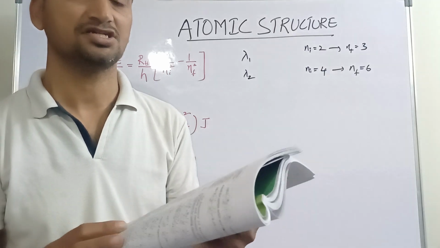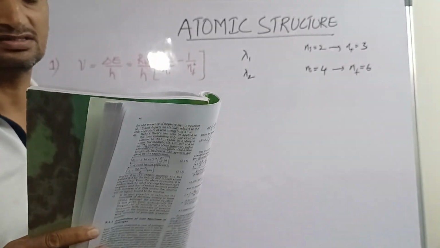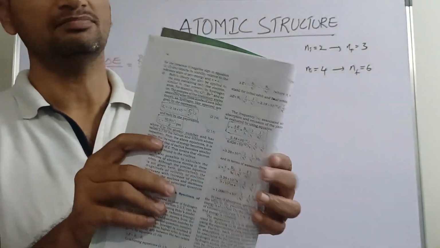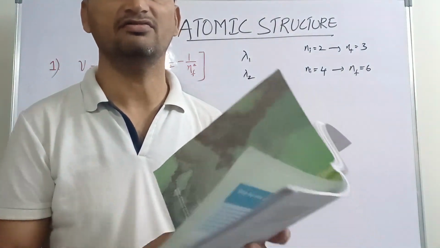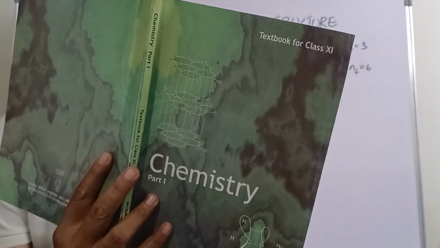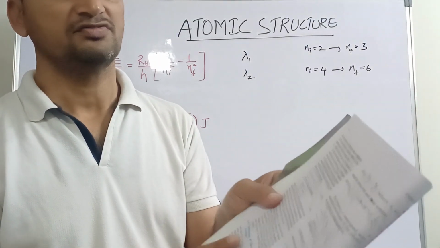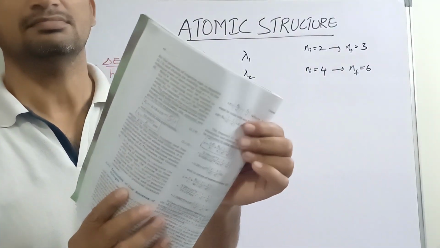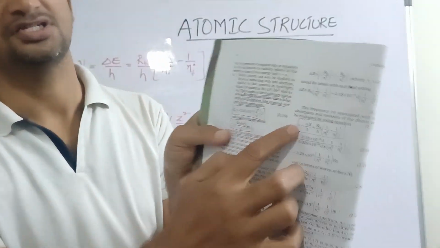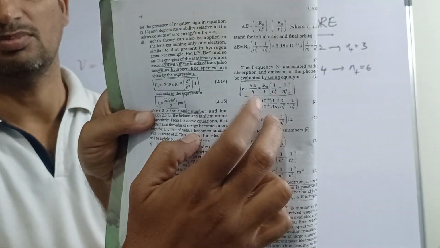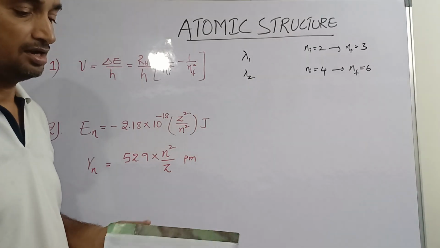See, in one page, all the three formulae are there for the second question and also for the third question. Just you see here. This is page number 48 in part 1 of the atomic structure NCERT text. Now, if you see here, first you will see this spectrum, followed by the calculation of energy and radius. Now, if you see here, they have mentioned the same formula which I wrote here in the box.